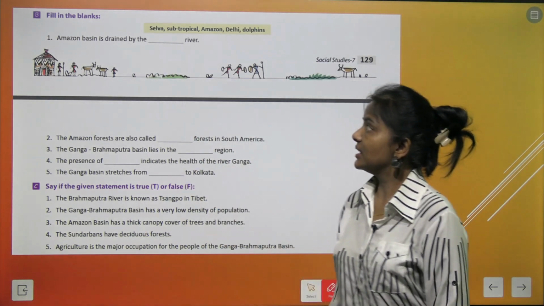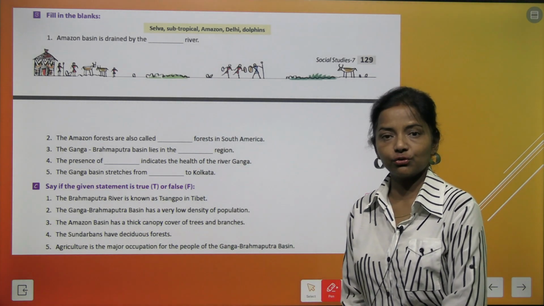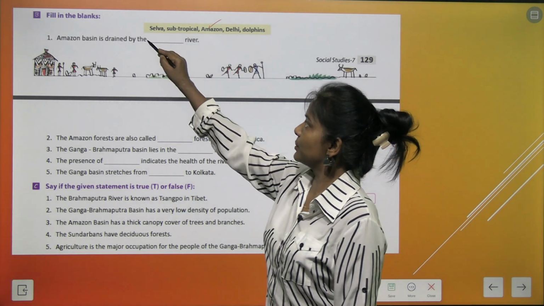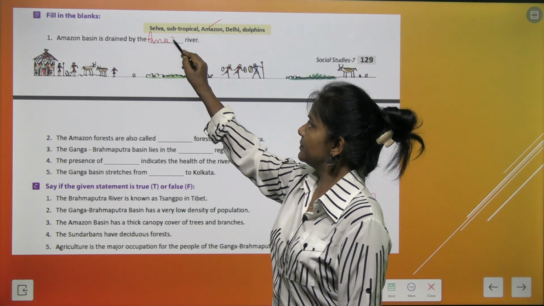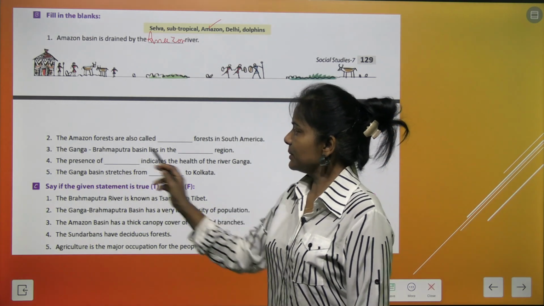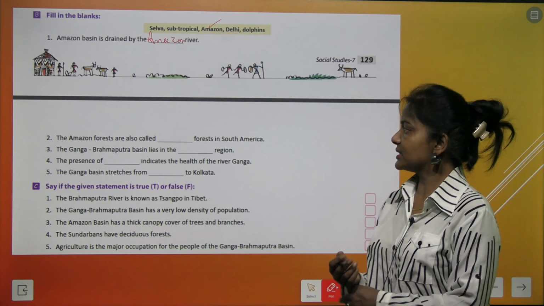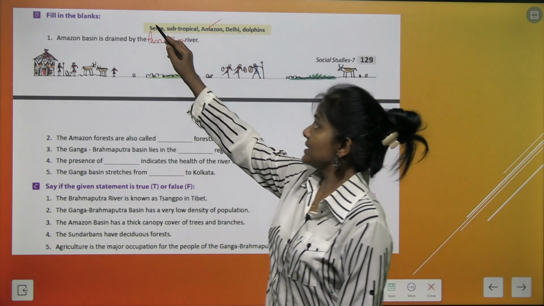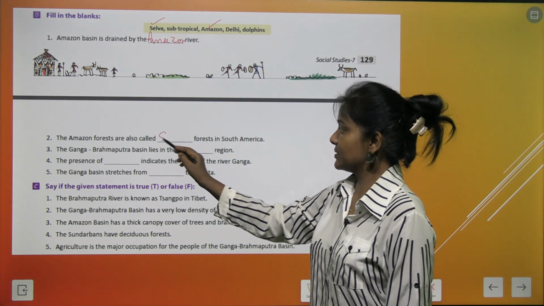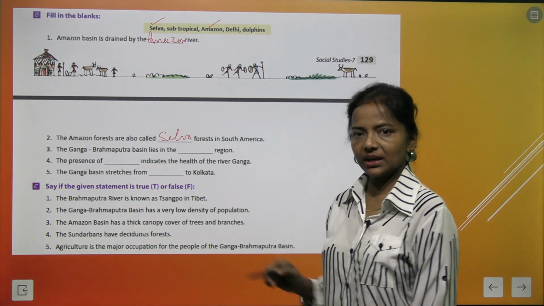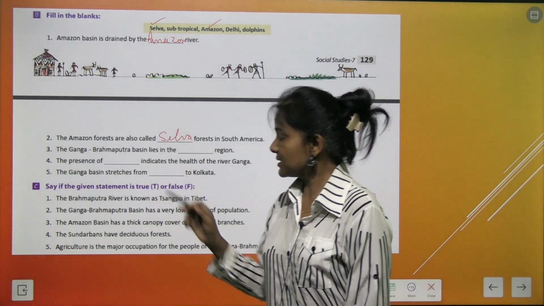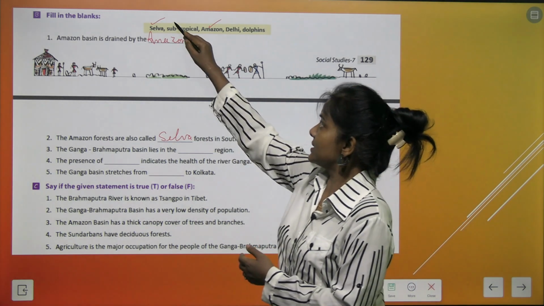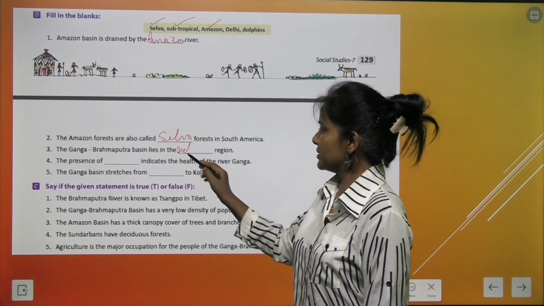Amazon basin is drained by the blank River. It is drained by the Amazon River. So write down Amazon here. The Amazon forests are also called blank forests in South America. They are also called selva, means dense forest. Selva. Okay? The Ganga-Brahmaputra basin lies in the blank region. It lies in the subtropical region. So we write here